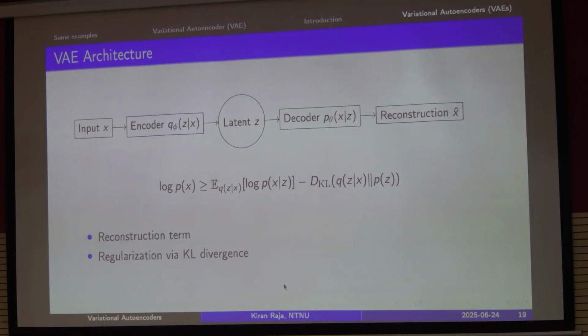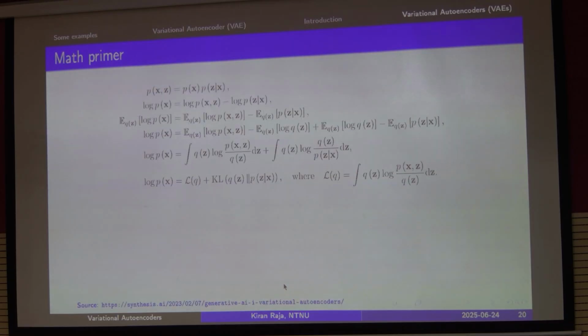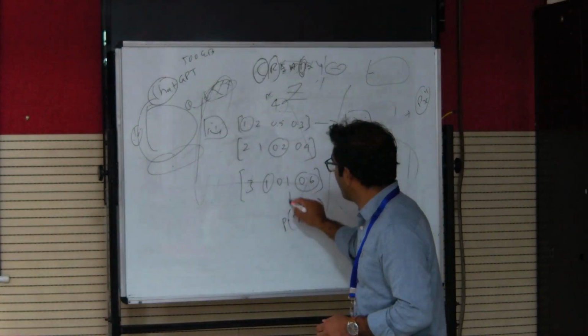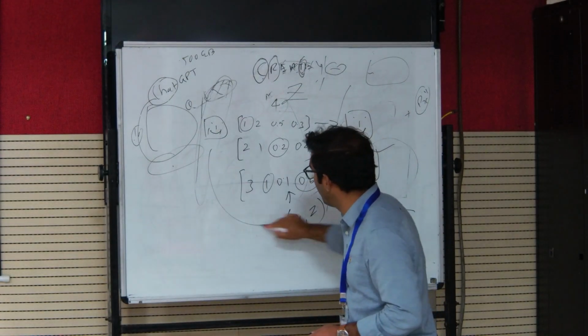Okay, so now I start looking at this complex problem, right? So there are these two terms that I have introduced. At this point of time, this probably will not make any sense. But let's take the math behind it, and then we'll be able to understand what is happening there. So let's start with the probability distribution all the way at the top. So we have P of x given z is this one, right? So the probability of x z is nothing but